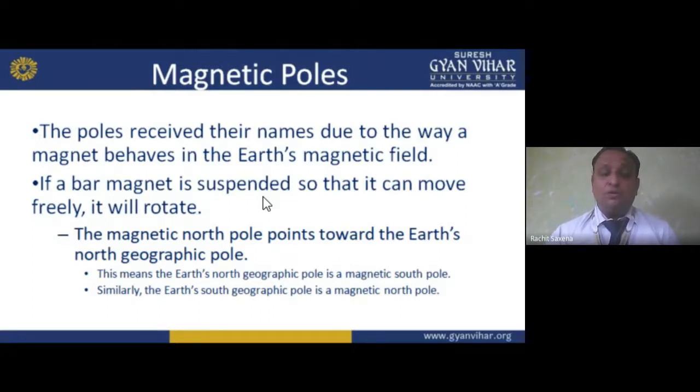If the magnet has a north pole, then we have a south pole in the earth. For example, the earth has north and south poles geographically. If we suspend a bar magnet whose north pole we know, it moves towards the earth's geographic north, which is actually the magnetic south pole. And if the suspended pole is a south pole, it moves towards the geographic north pole of the earth. I hope you understand this.